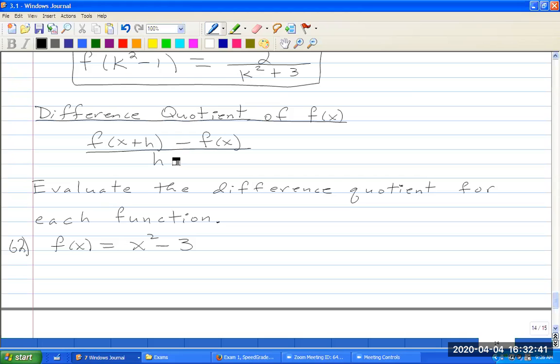And I want to simplify this so that I cancel out as many h's as I can,